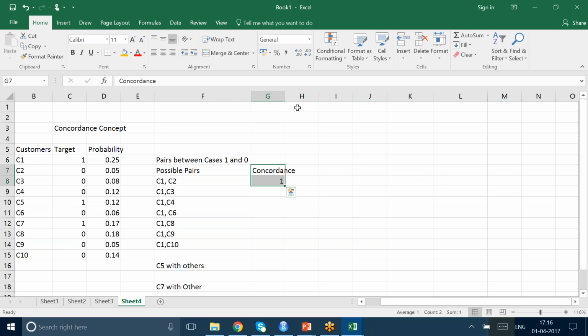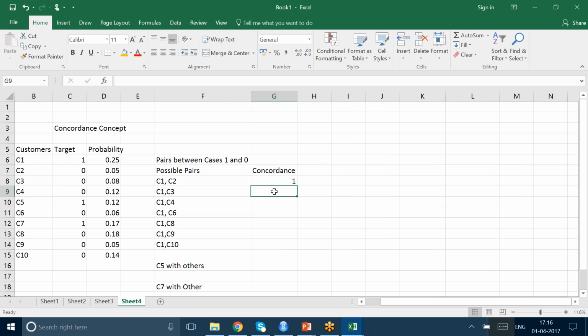This pair is concordant. Likewise, if I see C1 and C3, it is concordant. C1 and C4, it is concordant. C1 and C6, concordant. C1, C8, concordant. C1, C9, concordant. C1, C10, concordant. Now, similarly, I'll have to see with